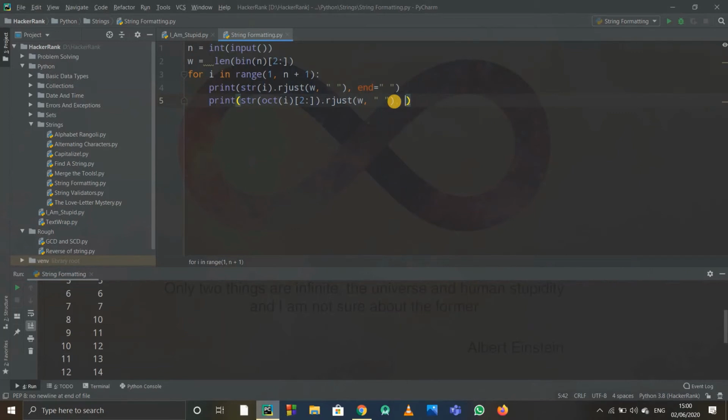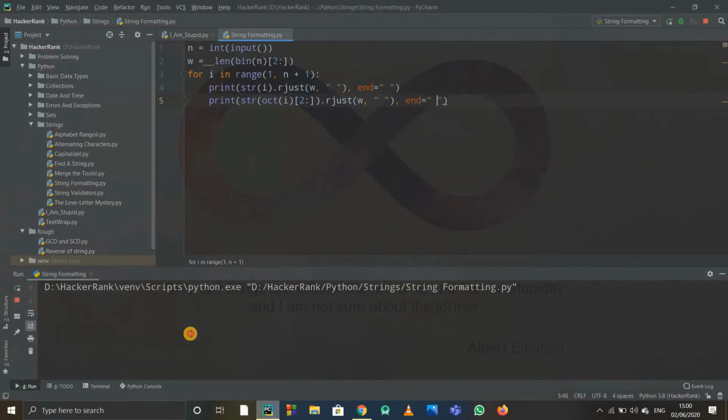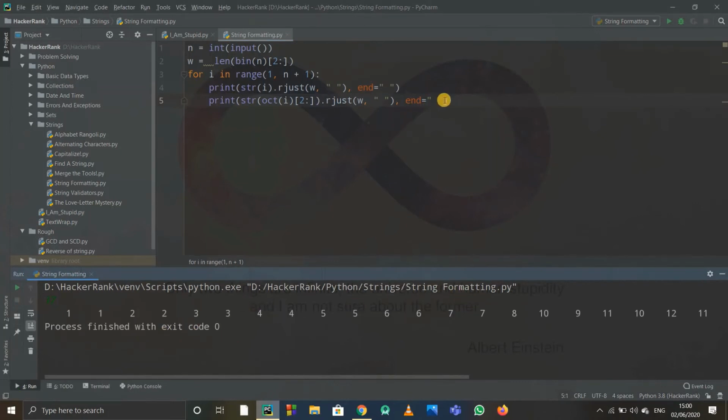Here also I'll have to use end equals to space, but now if I run it, it got printed like this. I don't want it, so I will write end, but I am writing something after this as well, so it's the right thing, but I will not write end on the last. Actually the last is, I think, binary values, so I'll not write this statement for binary values.